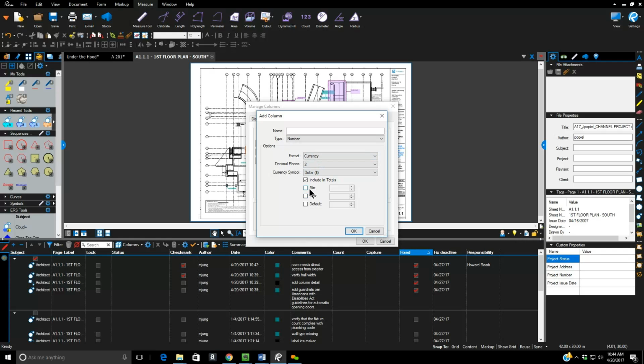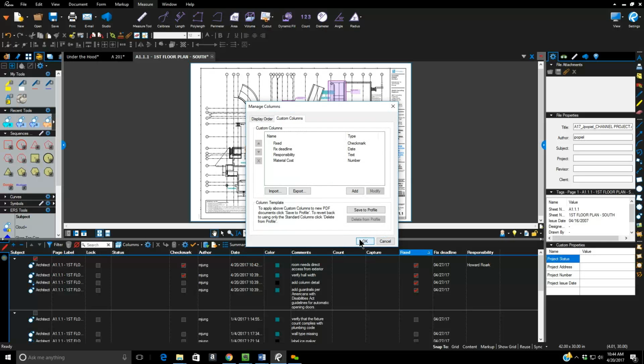So this allows us to add material costs to the column as well. But keep in mind that this is a property that we're adding to every markup in this document. So every markup will have that information in it. If we just want to leave it as is, let me just add a name for this. We'll call it material cost. And we can give it a default, but that default will be applied to everything. So if we leave default unchecked and hit the OK button,